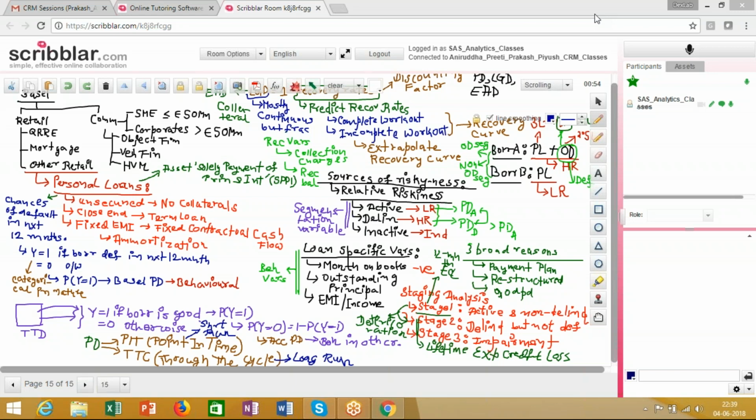But it is very difficult to get pure through the cycle variables. Therefore, when we are developing Basel models, the PD estimate may not be an exact or pure PIT or a pure TTC. It is generally a hybrid estimate,